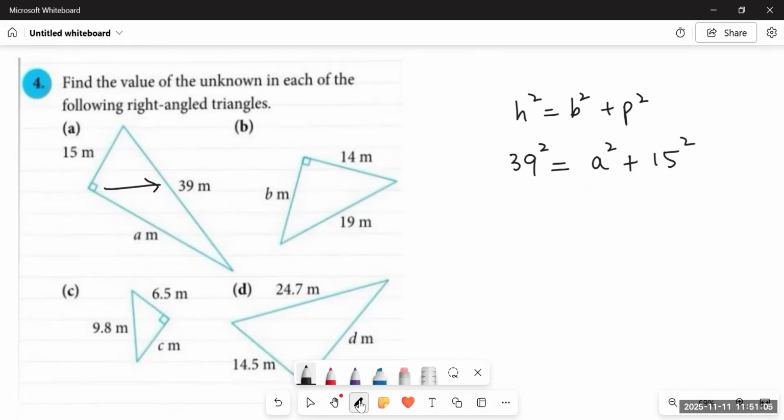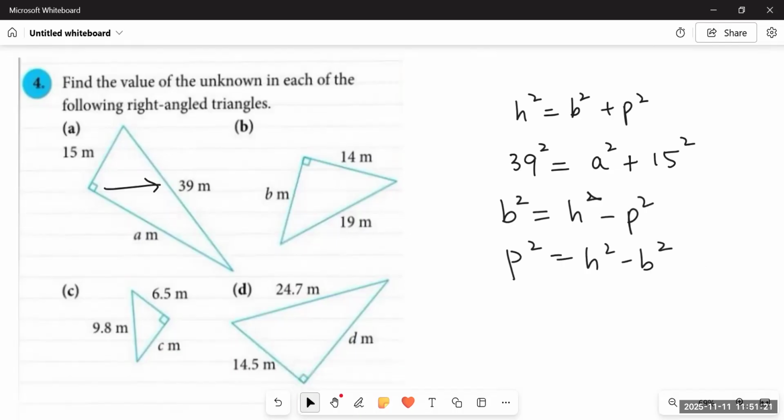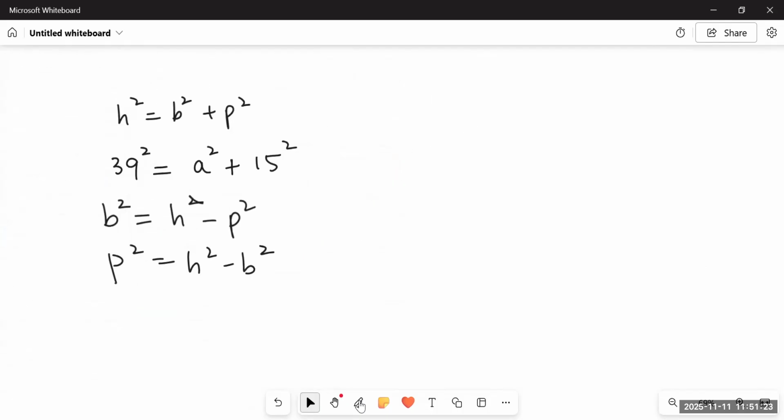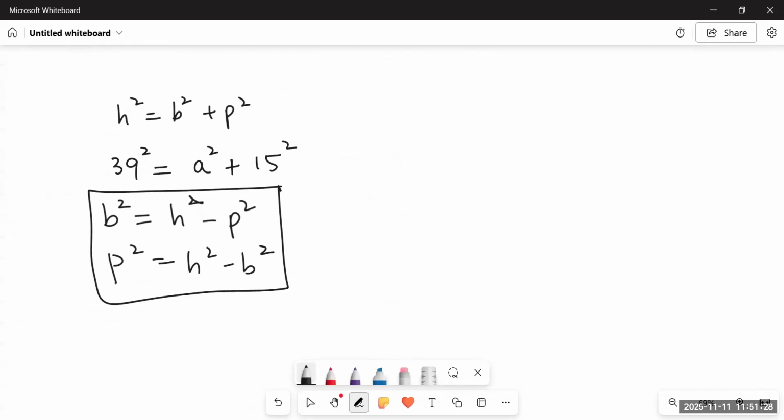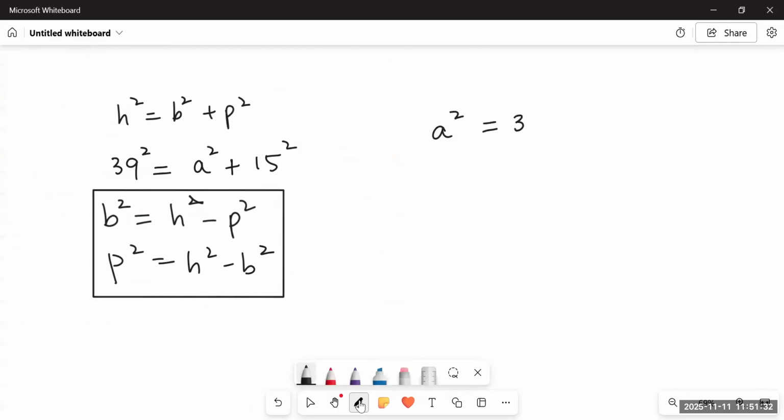So in this case, when one of the two, that is base or perpendicular, is missing, the formula would become like this. b square is equals to h square minus p square, or p square is equals to h square minus b square. That is, whatever is given, we will subtract from the hypotenuse square. That's it. So here, to find out the value of a, we will use the formula a square is equals to 39 square minus 15 square. The square of 39 is